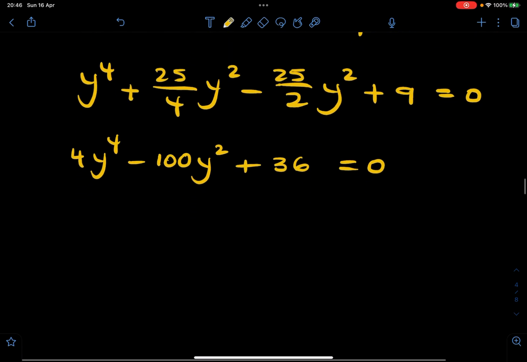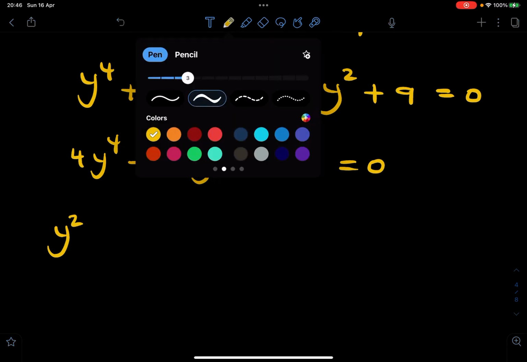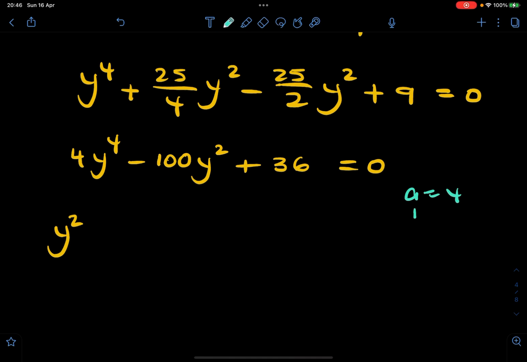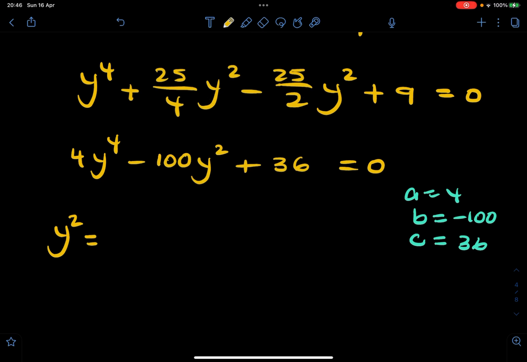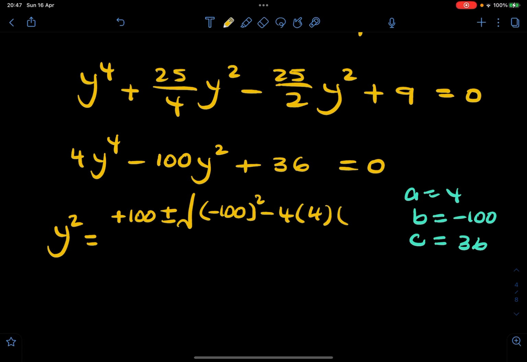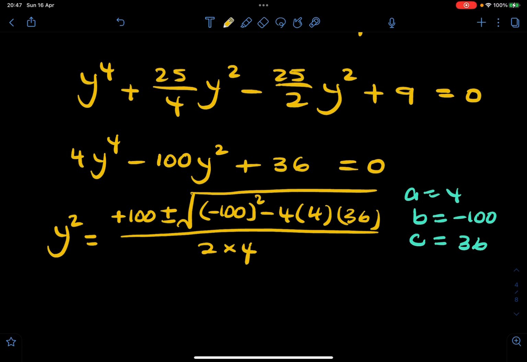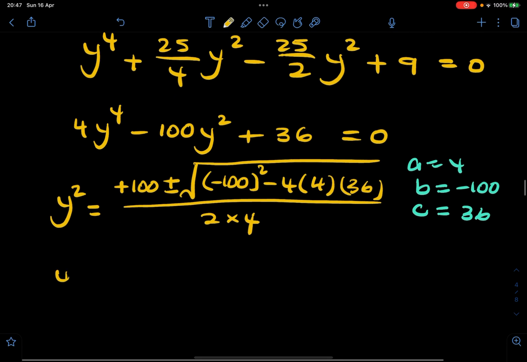I'm not sure I can factorize it, so I can say if you take A as 4, B as minus 100, and C as 36, you can say y squared equals negative B, that's positive 100, plus or minus square root of B squared minus 4ac, all of that divided by 2 times 4. So that will give me y squared equals, if I just reach for a calculator,